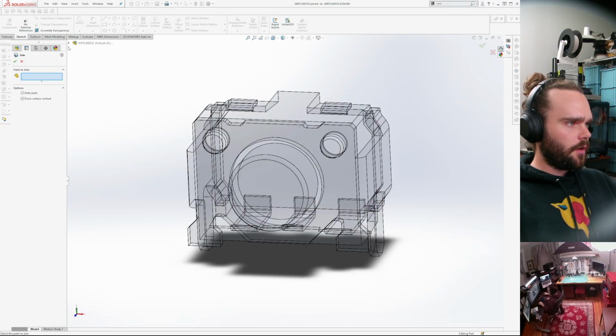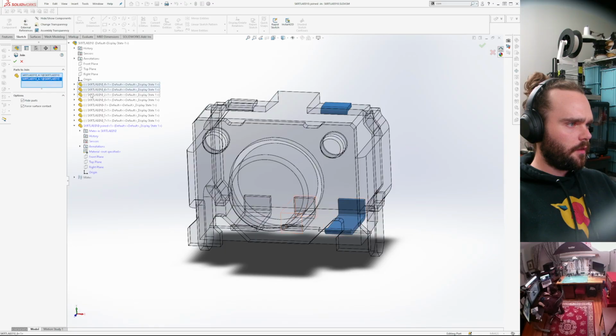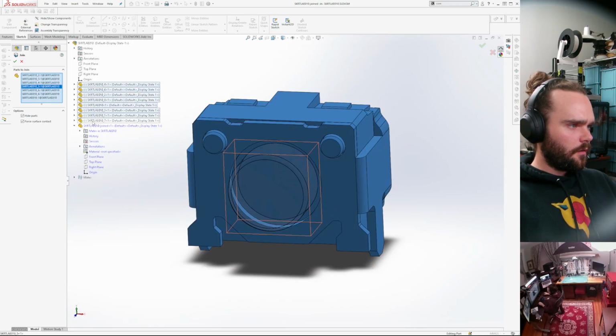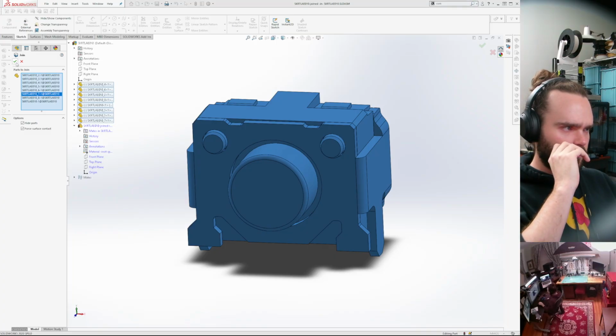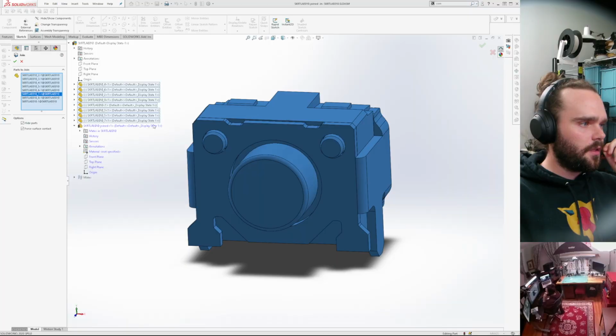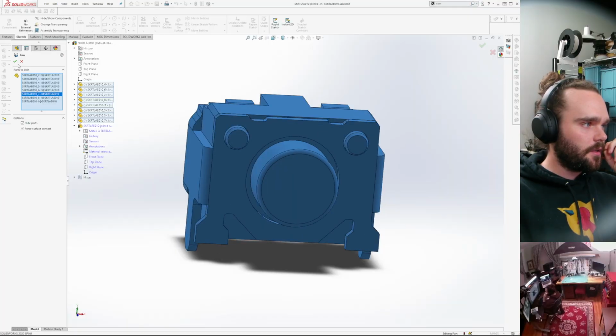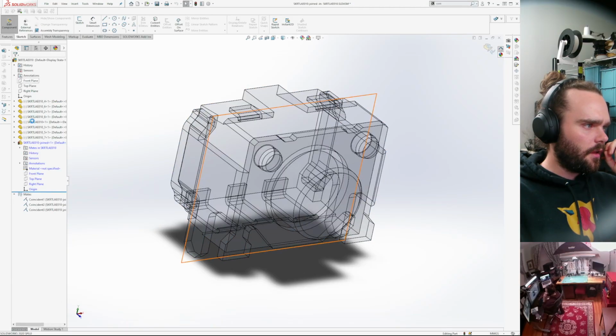I think the join would update if the underlying part moved around. Would result in zero thickness geometry. Dang.